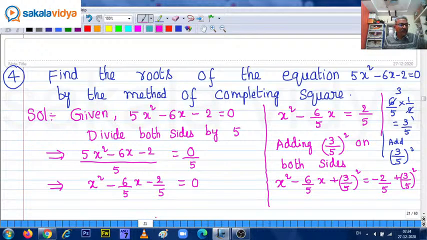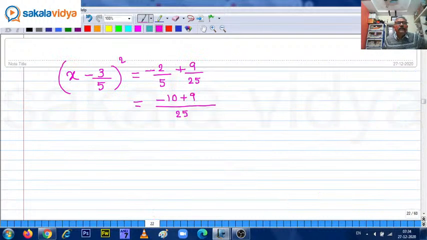Okay, sorry, this is plus 25, plus 25, plus 25. Yeah, plus 25 minus 10 plus... This will be 19 by 25. Right. So now x minus 3 by 5 equals